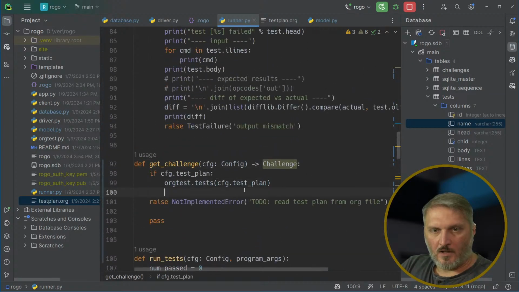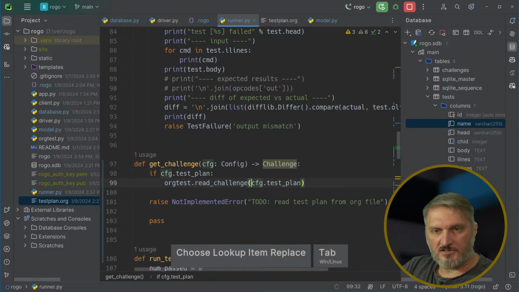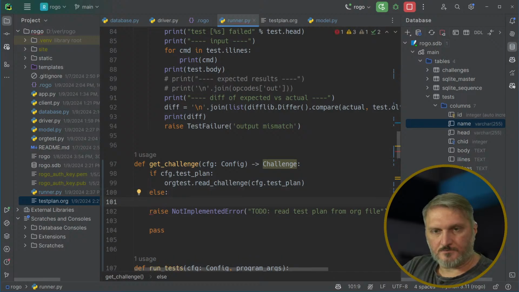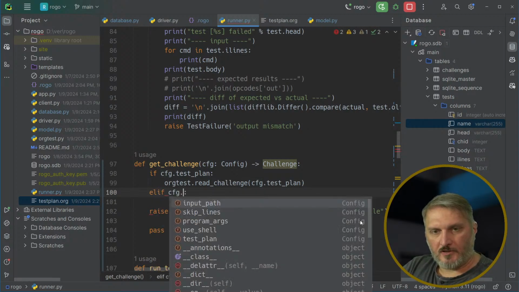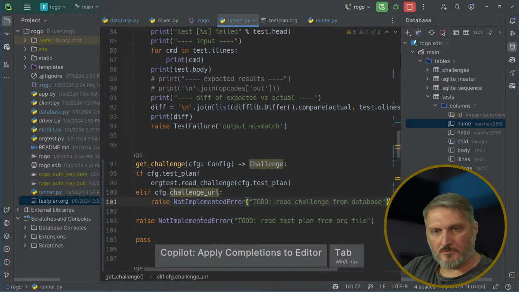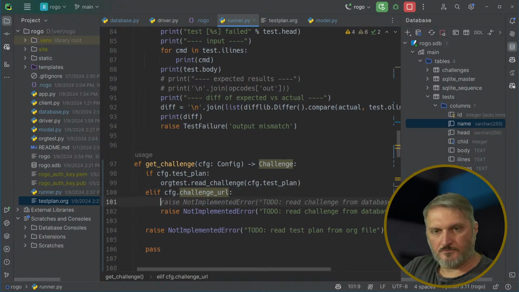Okay. If I'm going to say read challenge path, and otherwise else elif config challenge URL, then we're going to return